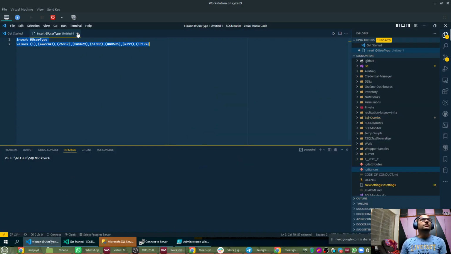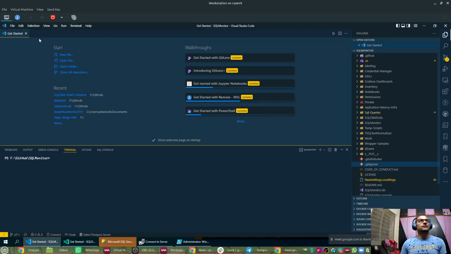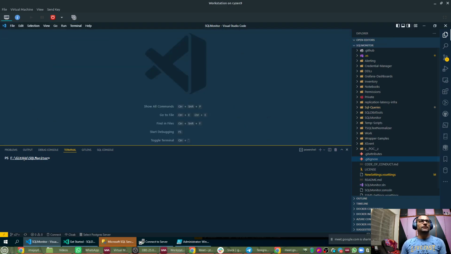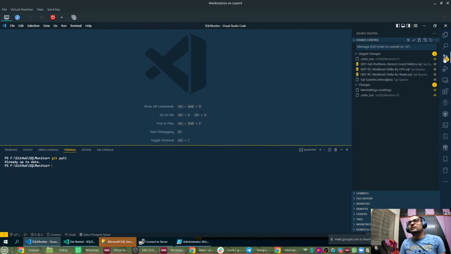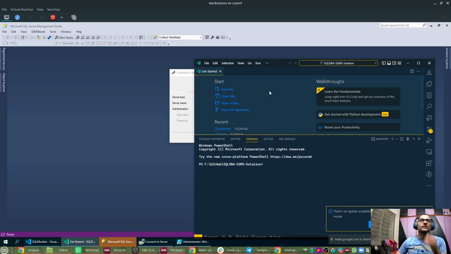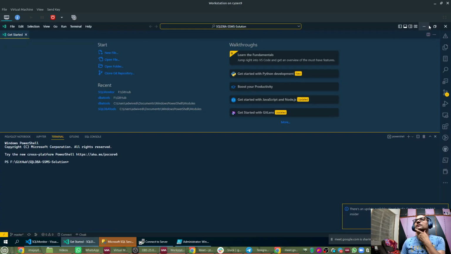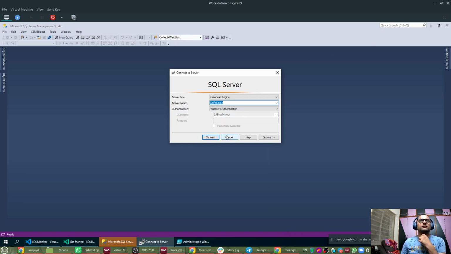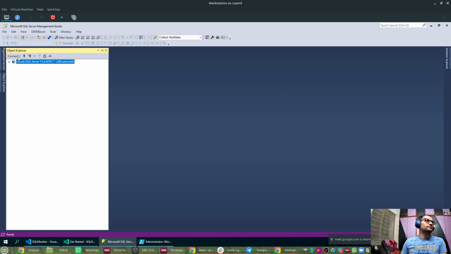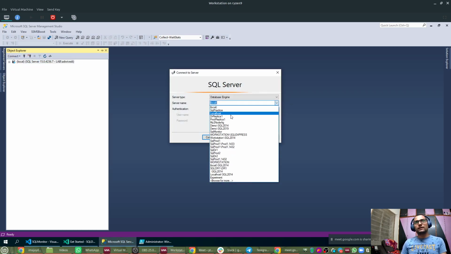I need Visual Studio Code for taking the latest from GitHub. So I have opened that, and it seems I am already inside my repository folder. I will do git pull just to ensure that I have the latest from GitHub. Yep, and this is all correct. This I can ignore. And I'll connect to my local instance first. After local, I connect to my monitoring central server,